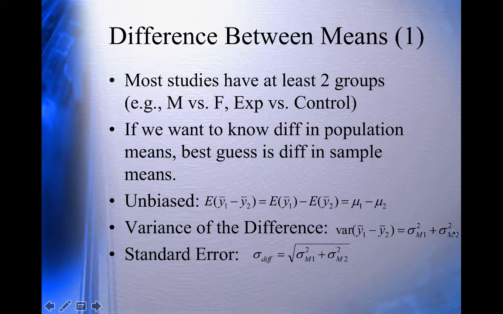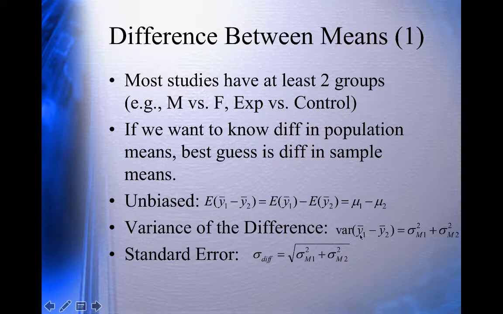This is the variance of the mean for the second group. So this is the squared standard error of the mean. Squared standard error of the mean. So the standard error of the difference is the square root of the variance of the first mean plus the variance of the second. So what this says is that,